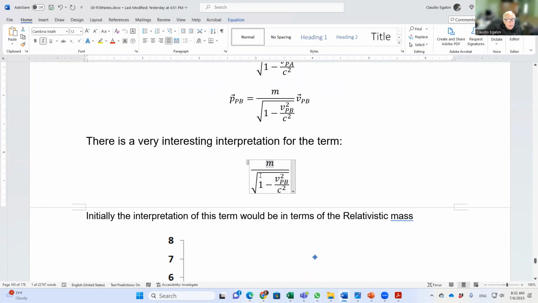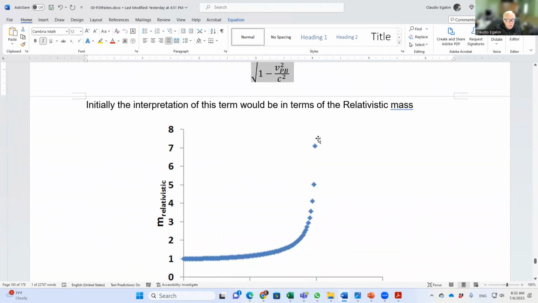And because the mass approaches infinity near the speed of the light, the argument would go like that: because you have a very large mass, it's going to be very difficult to apply energy to exceed the speed of the light for this mass. Okay, that's the interpretation that they used to give. But